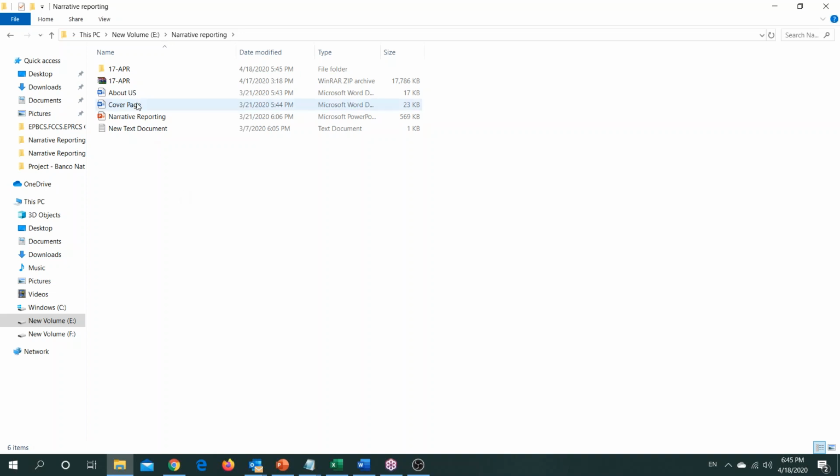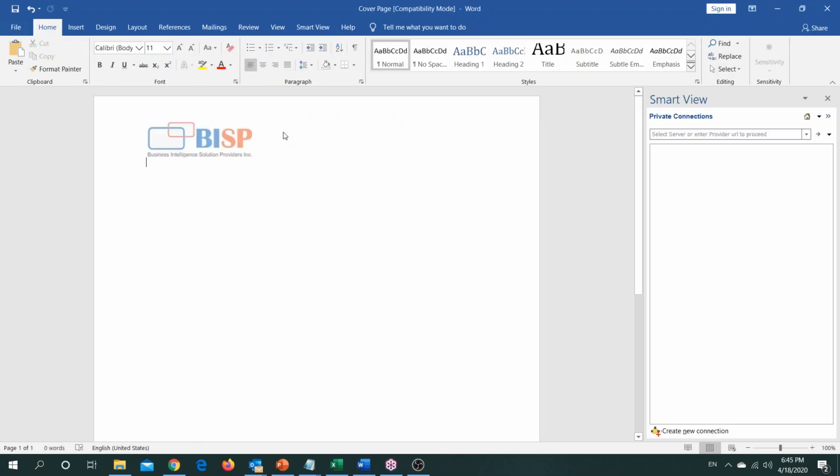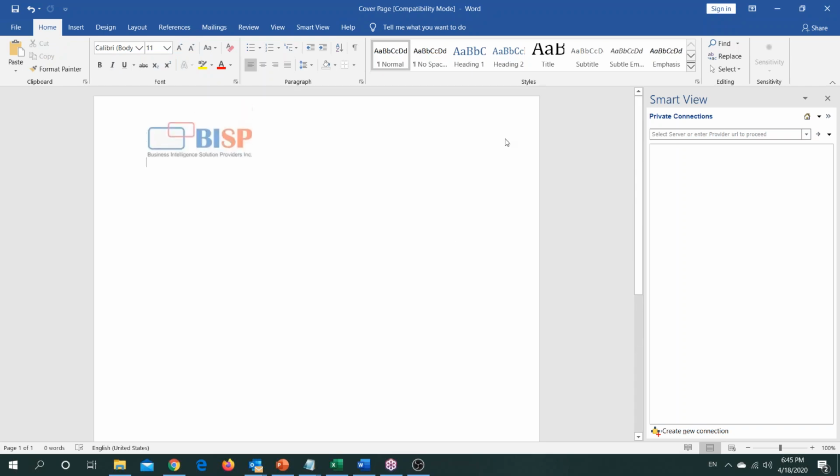As we have seen in the annual report, they have their cover page and they have other documents. This cover page acts as a style sample for your application. What could a cover page have? It could have a header, a footer, a page number if required, and alignment accordingly. Whatever style sample you provide to your report package, the complete report will then be built according to the style sample as provided.